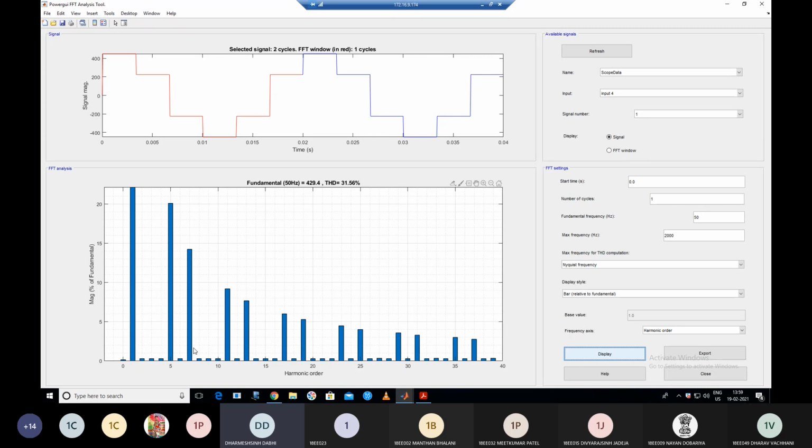Now, as you know that here the dominant order harmonic is fifth, so it means that the frequency is high as compared to the third order harmonic. So the size of the filter required in a 3-phase inverter is less as compared to the size of filter we require in a single phase inverter. But if you see the overall size, that is higher in a 3-phase inverter because we require a 3-phase filter for each phase. Clear? But if we compare with one phase, in that case the cost of the filter is less in case of a 3-phase inverter as compared to the single phase inverter. Clear? So that's the comparison.